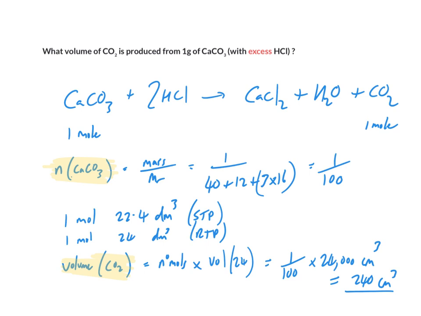In the previous slide we considered all the variables that will affect this reaction, and the variable we were going to change, the independent variable, was the concentration of hydrochloric acid. And as you can see at the top of this slide here, the hydrochloric acid is in excess, and so even though we're going to change the hydrochloric acid, we will always have an excess. Therefore, in every experiment we start with 1 gram of calcium carbonate, we will only ever produce 240 cubic centimetres